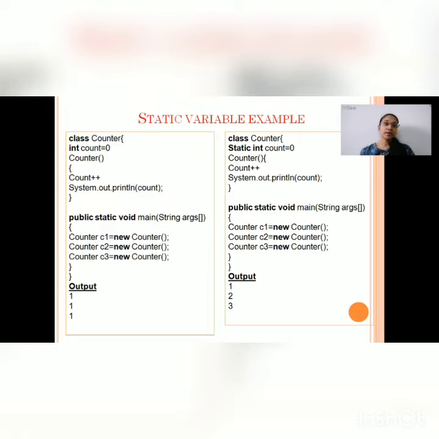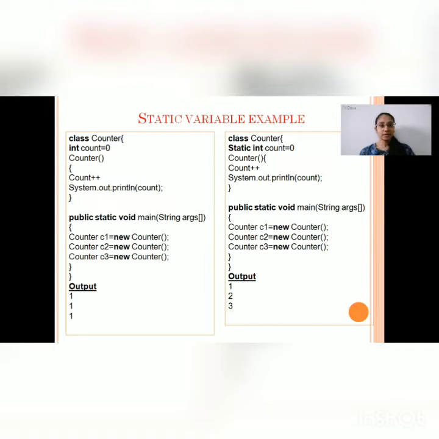So incremented value will be 1. When it is called from C3, again a new memory will be allocated. It will start from 0 and incremented value will be 1. As cout is a non-static variable, it is not shared among 3 objects.